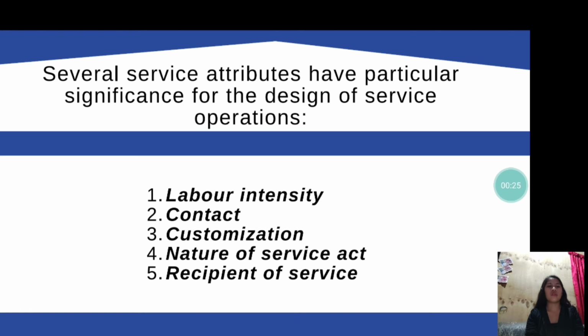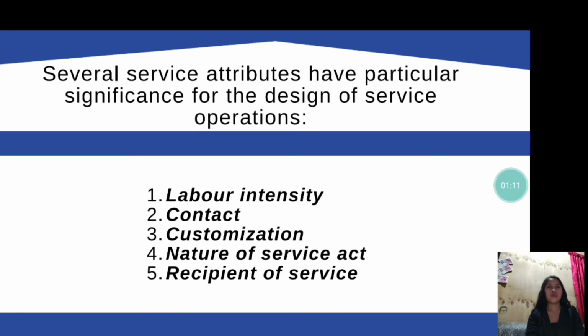So these are the people, users, equipment based services. Second is contact, the proportion of the total time required for them to provide the services for which the consumer is present in the system. Third is interaction, the extent to which the consumer activity intervenes in the service process to change the content of the service. This includes the customer participation to provide information from which needs can be inferred.